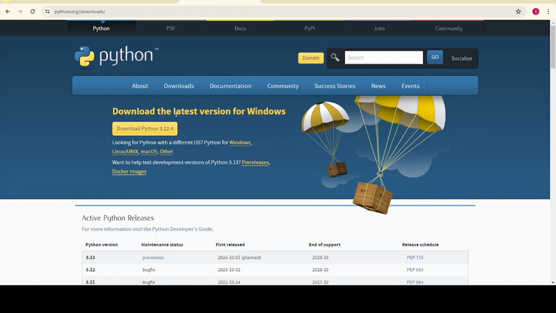You can download the latest version for Windows. So if you are using Windows, you can download for Windows, or there are other operating systems you can download for, like Mac and others. So here we are going to download for Windows. The version is 3.12.4. So click here